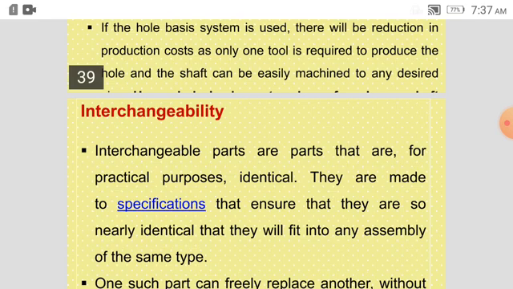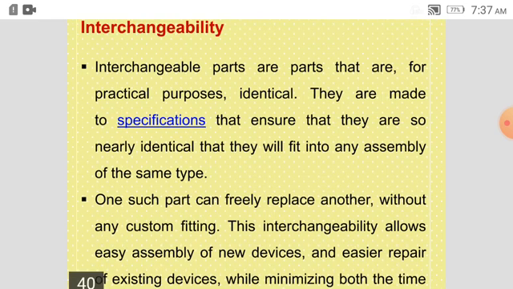Next term is interchangeability. Now what is interchangeability? Earlier days, the whole assembly is produced at one place, and all the parts required for that assembly are produced at one place, and it will be easier for that operator to assemble that. But nowadays what is happening, because of the globalization, assembly, if you are producing, say a car is a product of a company, then that car will require some number of parts to be assembled, and those parts may be produced at different locations.